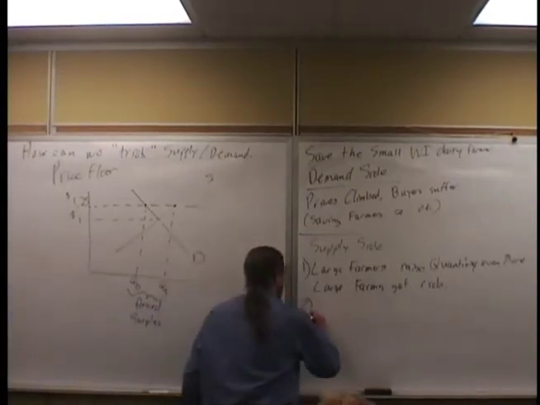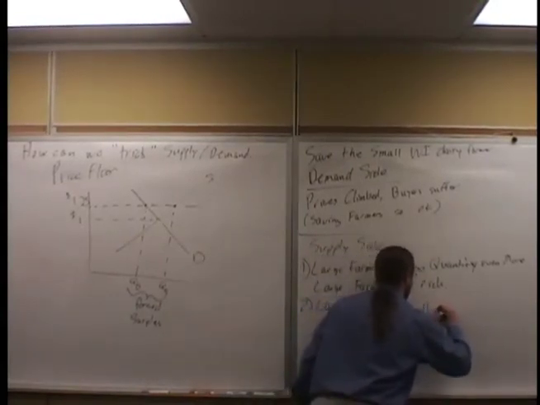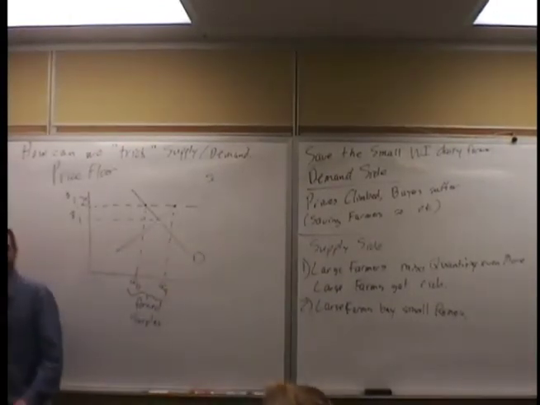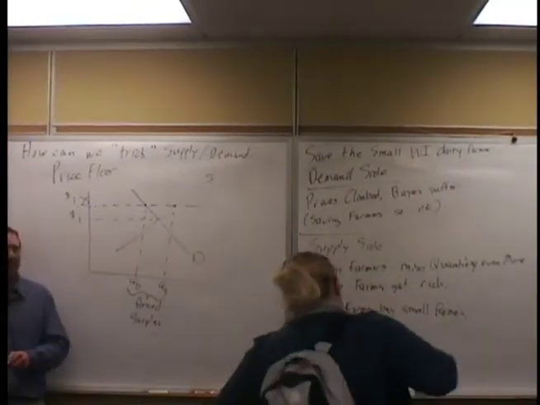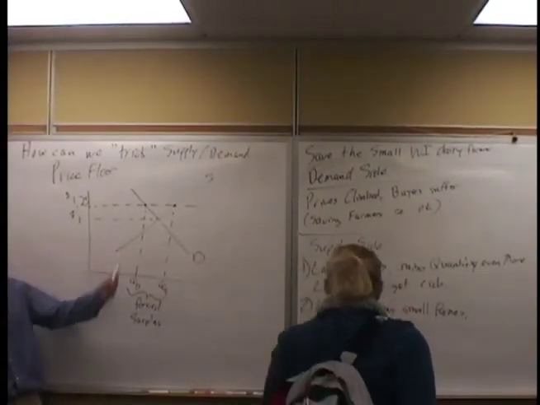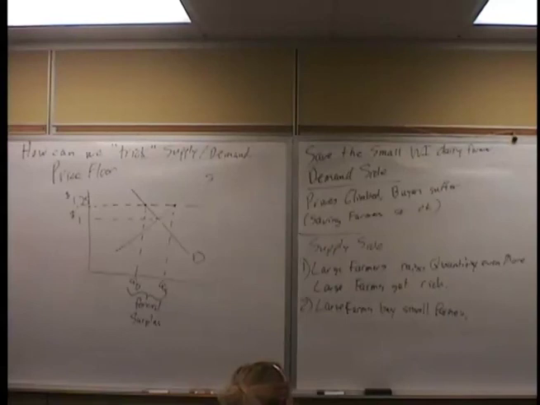So what happened is large farmers buy the small farms, and what happens to the small farmers? No more small farmers. They disappeared anyways. Do you know how many dairy farms in Wisconsin exist that have less than 100 head of cattle anymore? About a dozen. There's a bunch of them, but most of them have been bought up by the larger farms and have become an independent contractor for a larger conglomerate. So, save the small farmers. What did it do? Made the small farmers go away. Now, granted, they got paid $2.5 million for their farm instead of only $1 million, so they got a better deal out of it. But